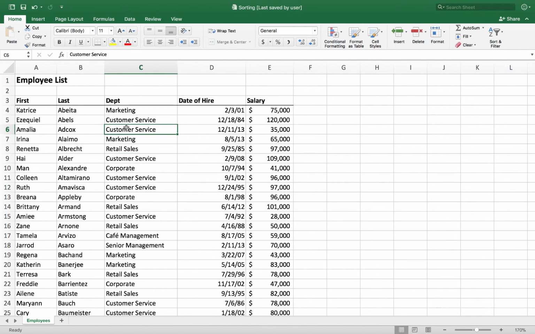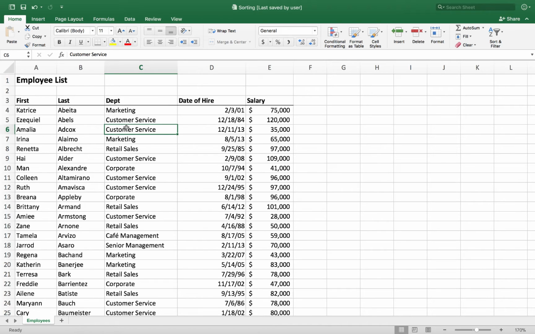Now, if you're going to manage a list of information, you can use the basic sort and filter stuff, but a really cool feature that's available in Excel is the table feature. Tables are really cool in Excel for a bunch of reasons. First of all, tables let you do some really nice formatting of a list of information. And also, they automatically add the sorting and filtering features. So lots of cool things we can do with tables.